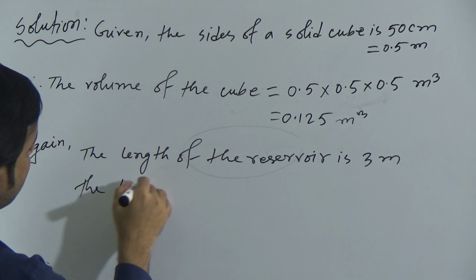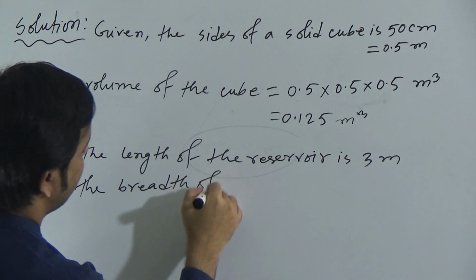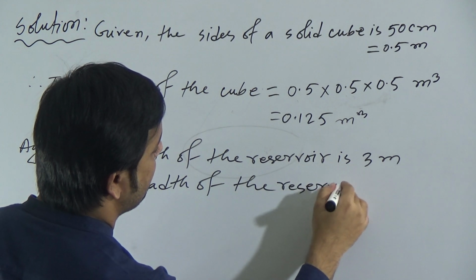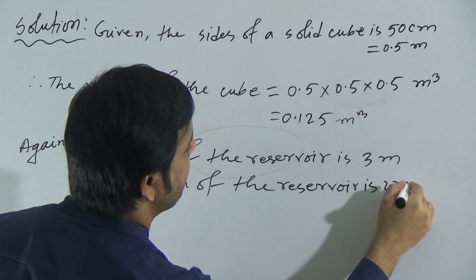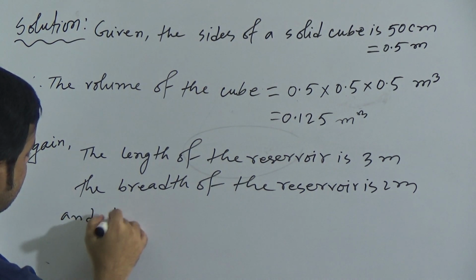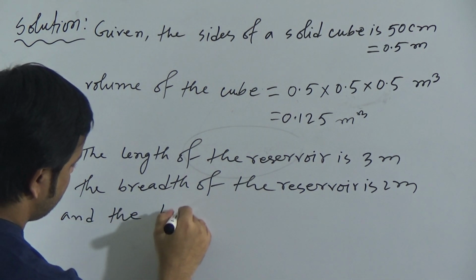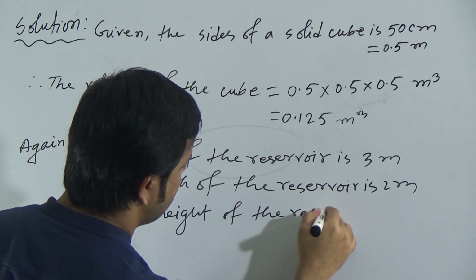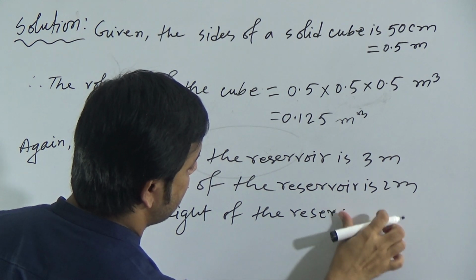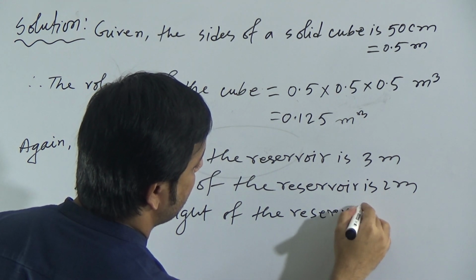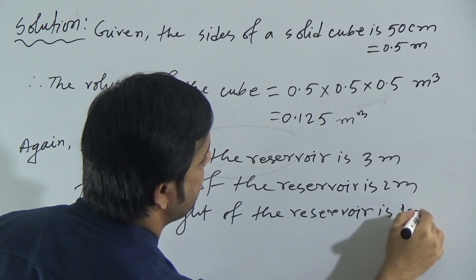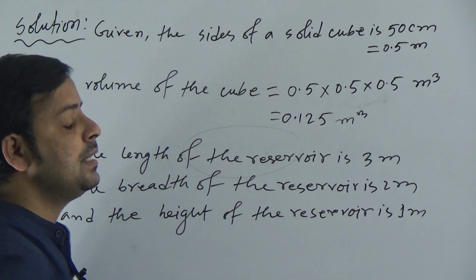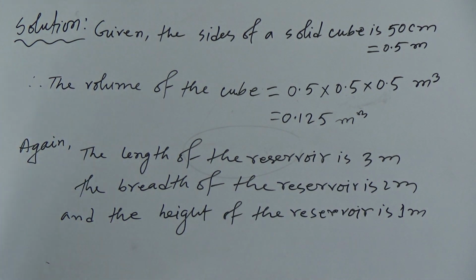The breadth of the reservoir is 2 meter and the height of the reservoir is 1 meter. As length, breadth and height are given, we can find the volume